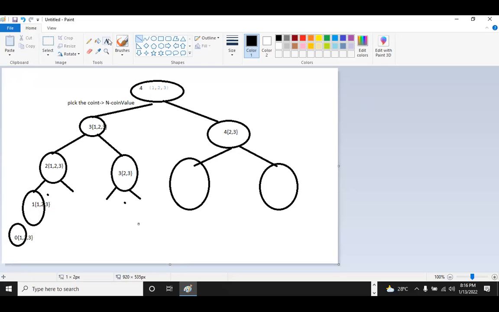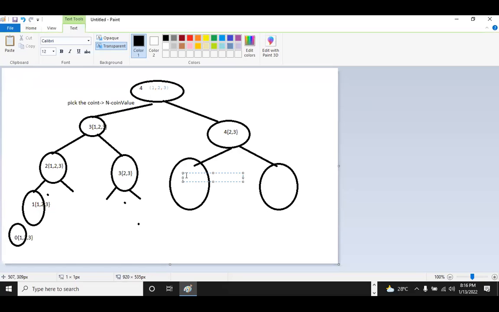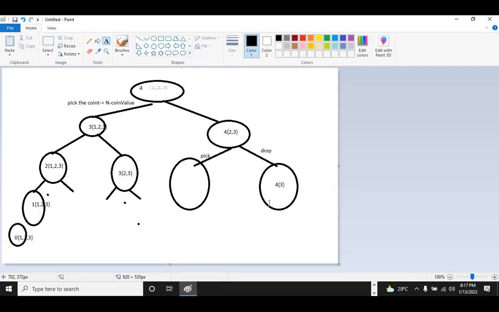Say here, if I'm going here with 4, 2, 3, it's again pick. This is the pick approach, pick the coin. Let's go with the drop the coin. If I'm going with drop the coin, here I'll have 4, I'm going to drop the coin and I'll be with 3. Now, again, if I go with this one for pick and drop,